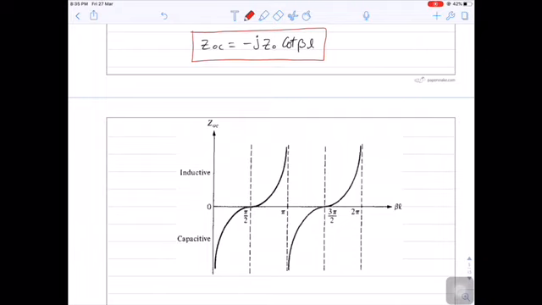That means from 0 to 2 pi, the transmission line acts as a capacitor. From 0 to pi by 2, it acts as a capacitor. From pi by 2 to pi, it acts as an inductor. Again from pi to 3 pi by 2, it acts as a capacitor. From 3 pi by 2 to 2 pi, it acts as